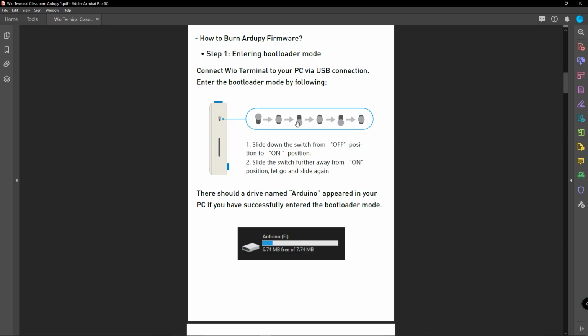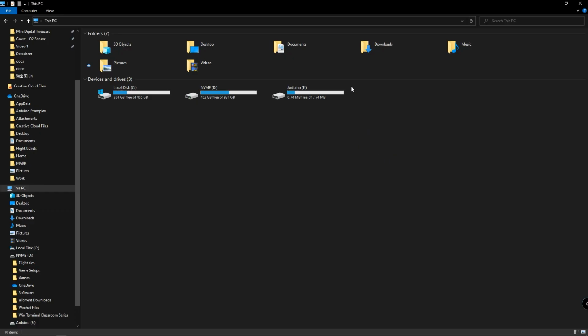This step, sliding further and letting go, you should do as quickly as possible. Otherwise, it won't enter the bootloader mode. You should see a drive named Arduino like this if you have successfully entered the bootloader mode.